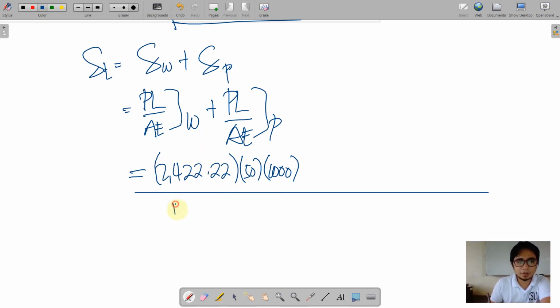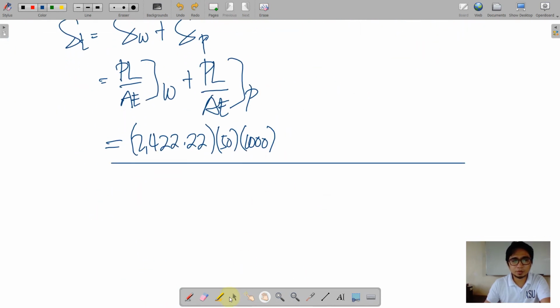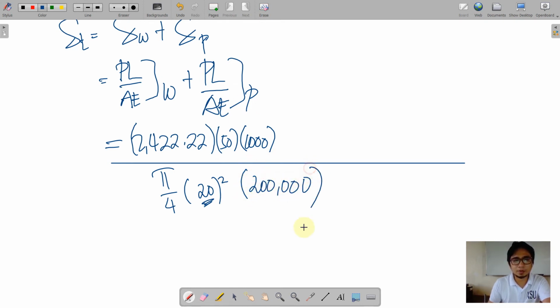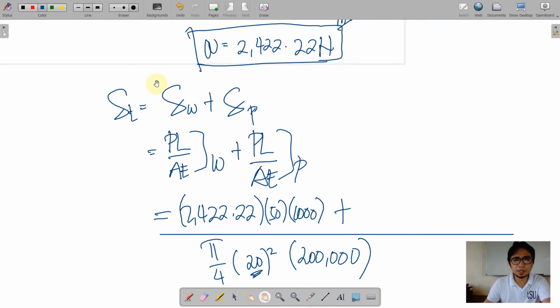So we have here, the area was already computed here, equivalent to, sorry, volume. So let me write that again, pi over 4 times, this is 20 squared. So this is now in millimeters because all are set in Newton and millimeters. And E is 200,000 megapascals. And then we add the loading. And the loading is 26,702.82